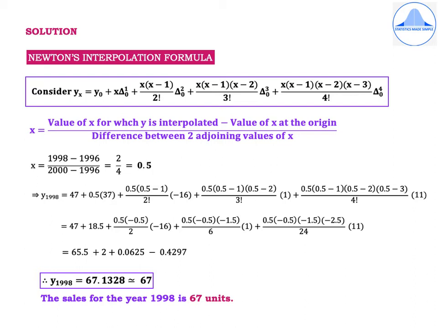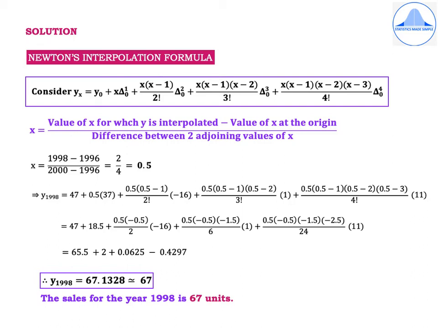So you'll get, which implies y 1998 is equal to 47 plus 0.5 into 37 plus 0.5 into 0.5 minus 1 by 2 factorial into minus 16 plus 0.5 into 0.5 minus 1 into 0.5 minus 2 divided by 3 factorial into 1 plus 0.5 into 0.5 minus 1 into 0.5 minus 2 into 0.5 minus 3 into 11, which gives us 47 plus 18.5 plus 0.5 into minus 0.5 divided by 2 into minus 16 plus 0.5 into minus 0.5 into minus 1.5 divided by 6 into 1 plus 0.5 into minus 0.5 into minus 1.5 into minus 2.5 divided by 24 into 11, which simplifies further to 65.5 plus 2